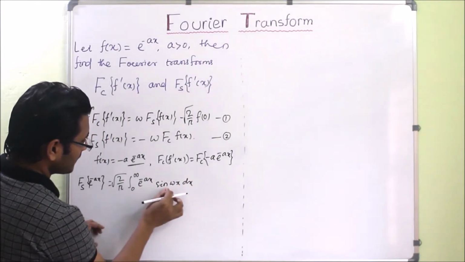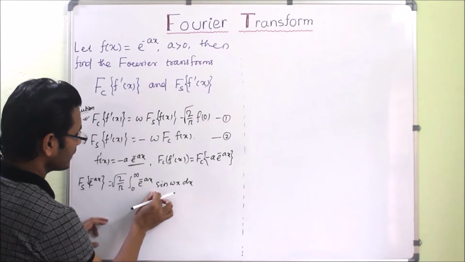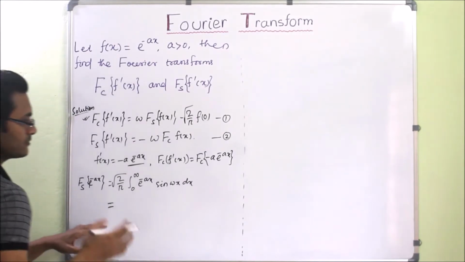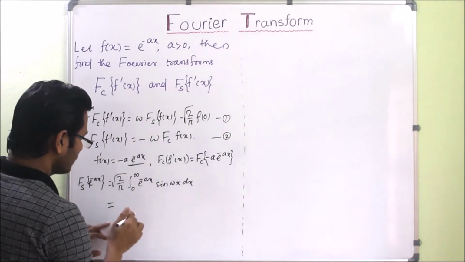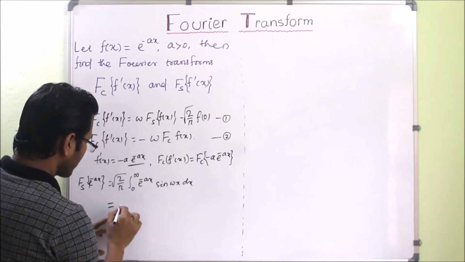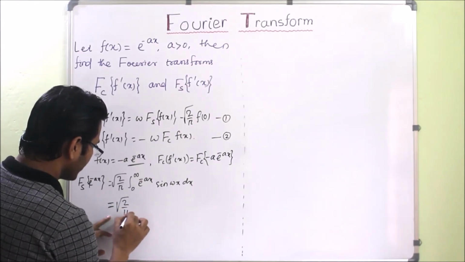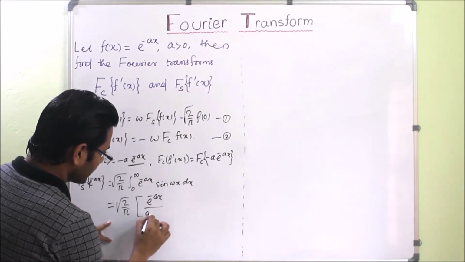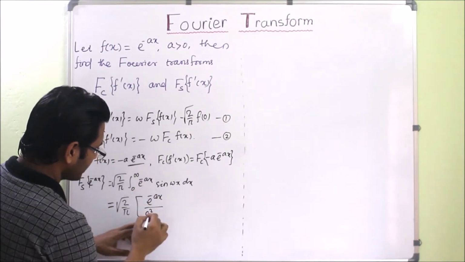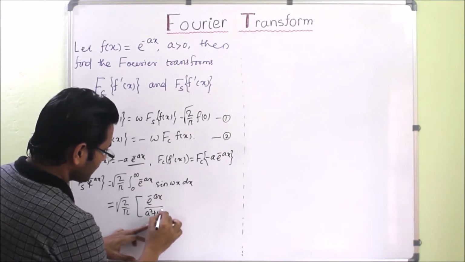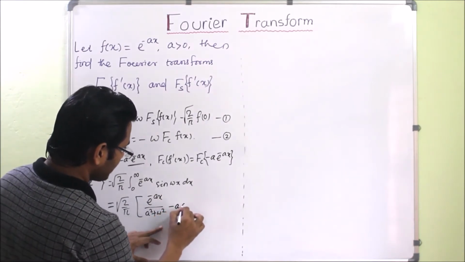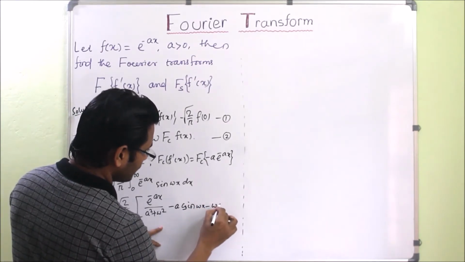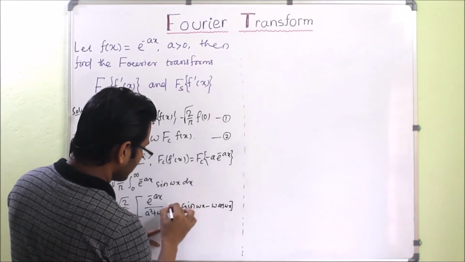So, exponential and trigonometric, if product of these two functions will be there, we know the formula and we will directly use the formula. If you don't know, you can see the previous lectures where we have elaborately discussed how this formula came and what is the formula, okay. So, square root of 2 by pi, inside it will be e to the power minus ax divided by minus a whole square, that is a square, plus this w square, okay, whole into minus a sine wx minus w cos wx. So, this is our formula, okay,